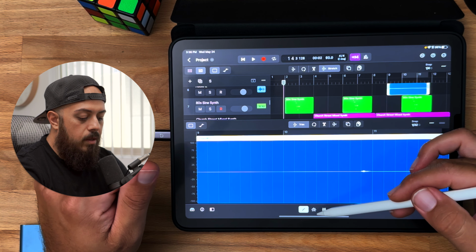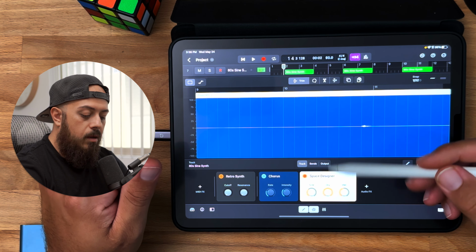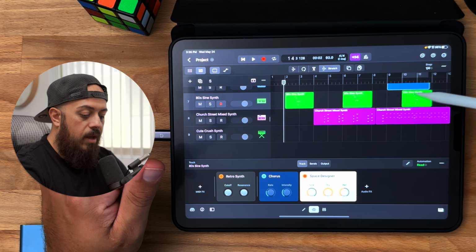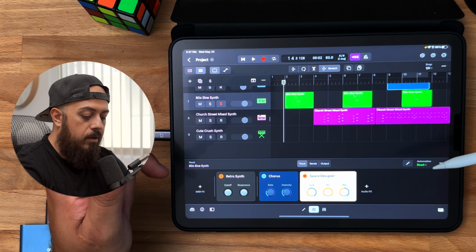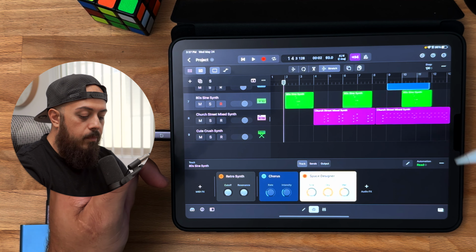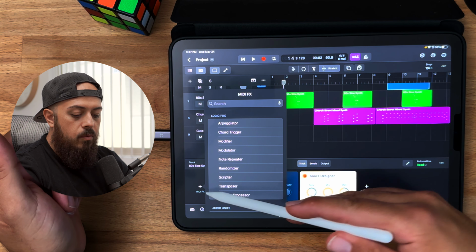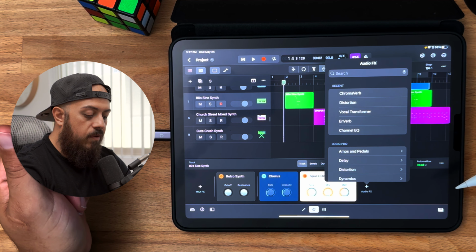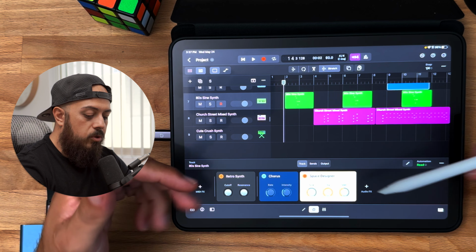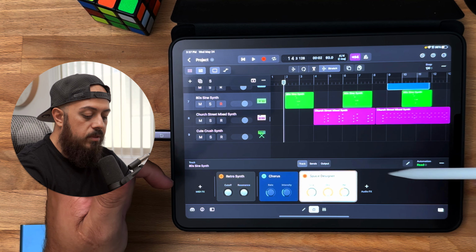Now the next one is the plugins on that track. Whatever plugins you have, right now we're on this track right here, and those are the plugins that we have on this track. You can add MIDI plugins, MIDI effects right here, or you can add audio effects right here. And what's cool about all these plugins is that if you double tap them,